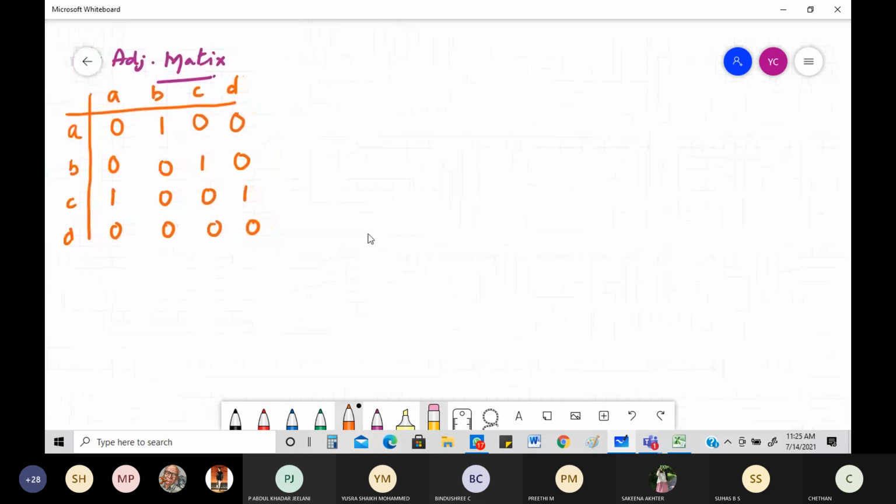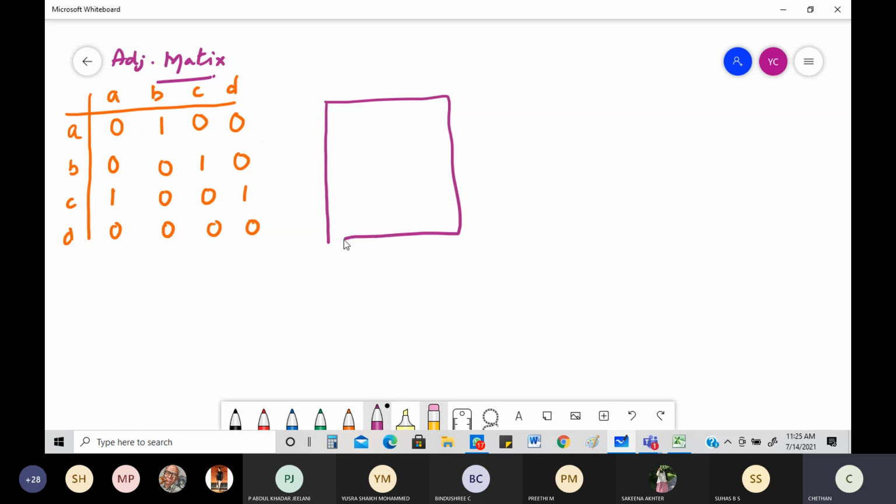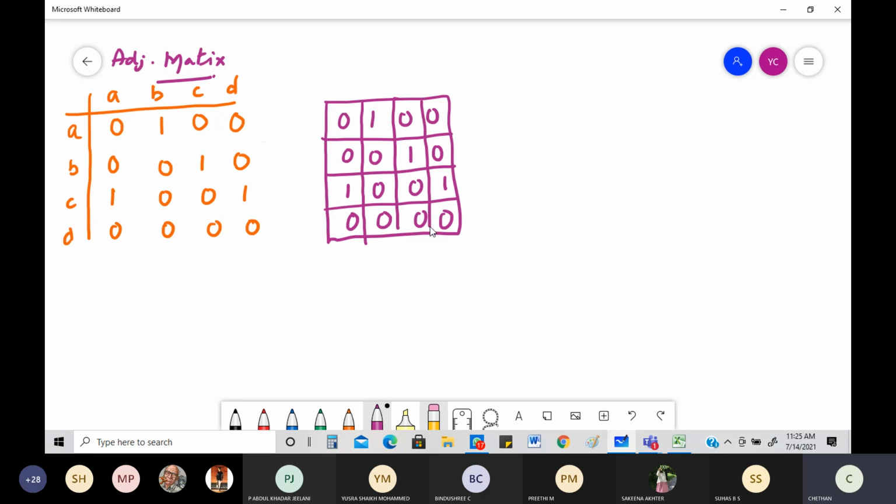I'm going to go towards the right-hand side of it, so that I'll get a very big screen. I'm going to copy it again in the form of a matrix like this. It will be 0 1 0 0, 0 0 1 0, then 1 0 0 1, 0 0 0 0. So this is what we got with regard to the matrix. Can I write it in the form of a matrix like this? Yes, neatly you can write. Don't write like me, write it neatly.